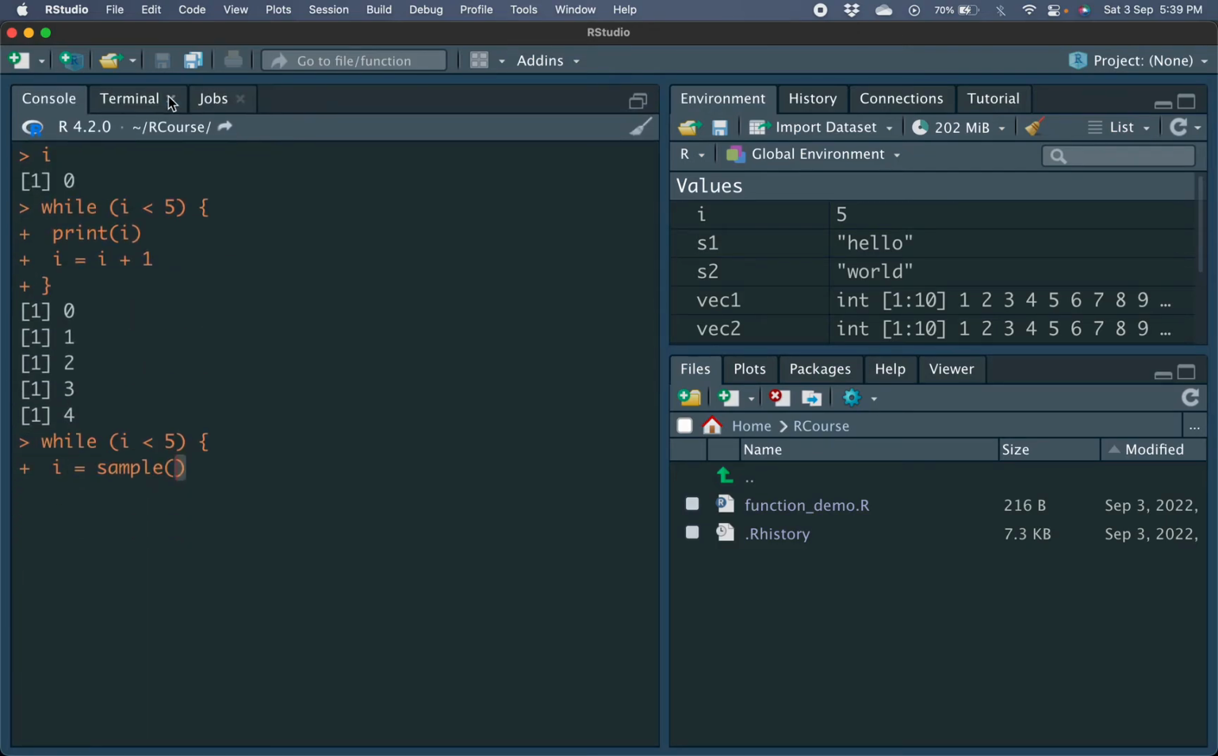Let me close it. I'll come back to this soon enough. Let's just make it 1 to 10, and I only want to pick one number. I'll put replace equals false because I don't want to repeat anything. And then I'll just say print I. Now if I run this,